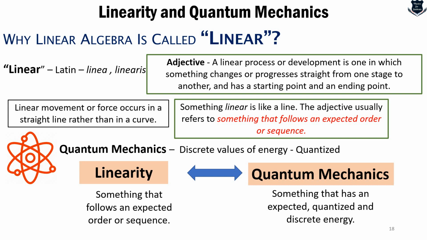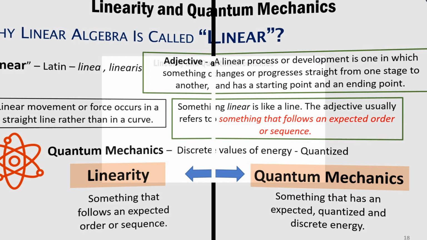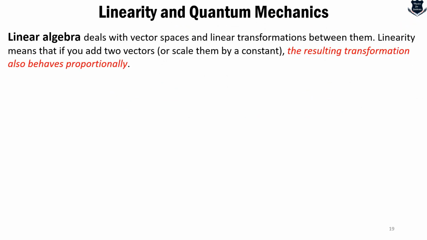I was really excited to discover this, and while I was reading that, I thought to convey this to my dear subscribers: when you're learning linear algebra, first understand why it is called linear. Obviously the scenario becomes very clear: quantum mechanics talks about discrete, expected, quantized energy, and linearity philosophically also follows an expected sequence. So having established that, we find that linear algebra actually deals with vector spaces and linear transformations,